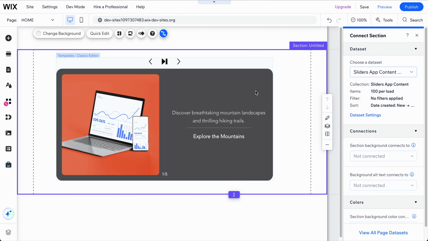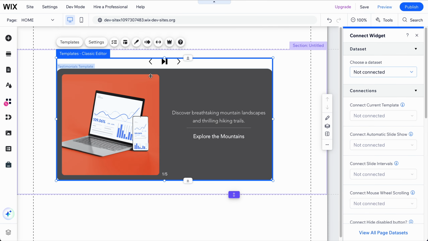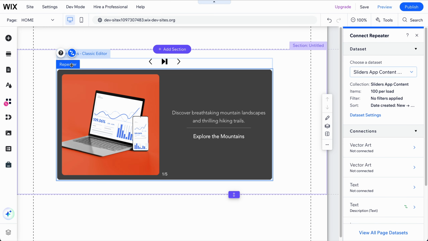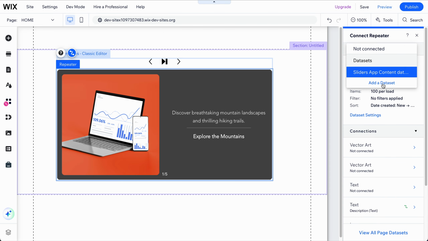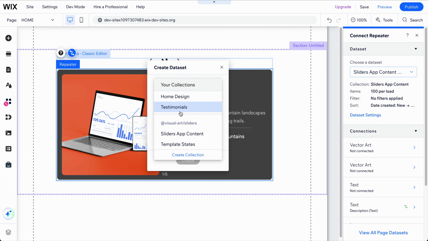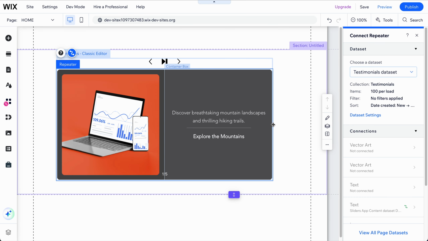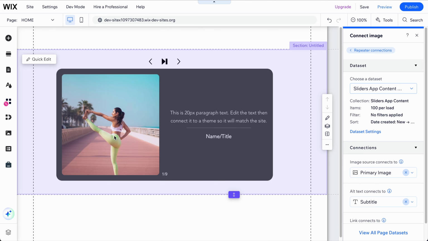And say I want to connect this to my own created CMS. Then again, I go back to this repeater, connect to CMS, choose a dataset, and I want to add a new dataset. I have a different CMS here called testimonials, and I want to connect to this one instead. So I will choose the image,